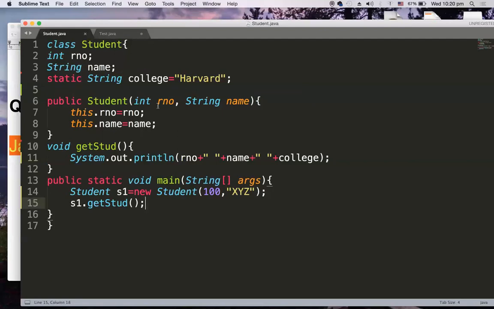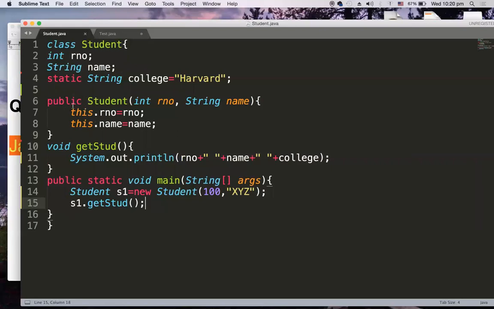Public Student(int rollNumber, String name). My instance and local variables are the same, so I have to use this.rollNumber = rollNumber and this.name = name. If you don't understand this, you can go back to my earlier questions and find about this. Here we are eliminating the setter method.